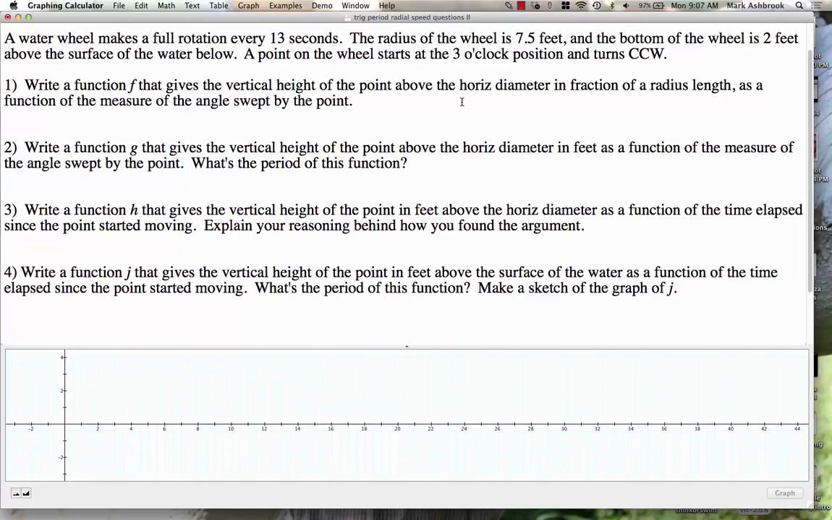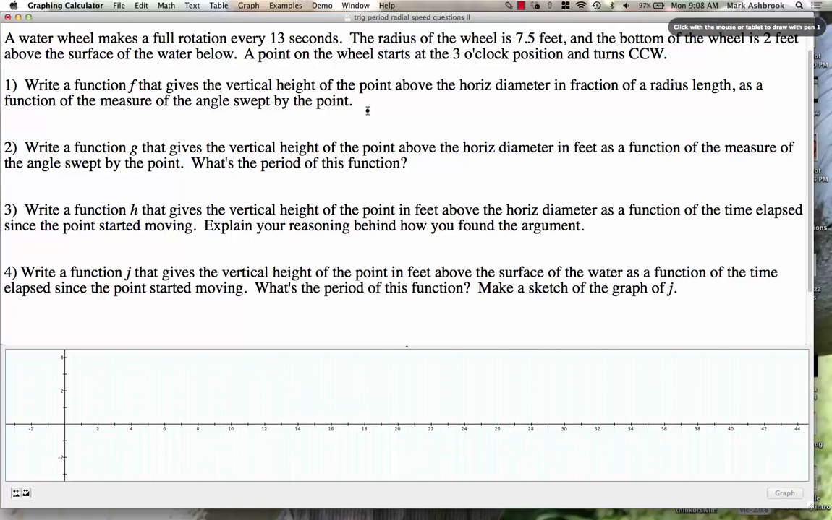Okay, what's the input of f? What's the input of f? What is it telling you the input of f is? And what is that? What's theta? Angle measure swept out by the point starting at 3 o'clock position. Output is? Vertical height